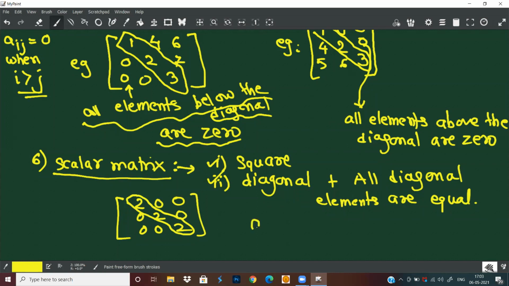So here we write Aij, all are 0 when i is not equal to j, and if i is equal to j, all elements are equal. Correct? I have लिखा है मैंने already. I don't have to write again. Now the next part is